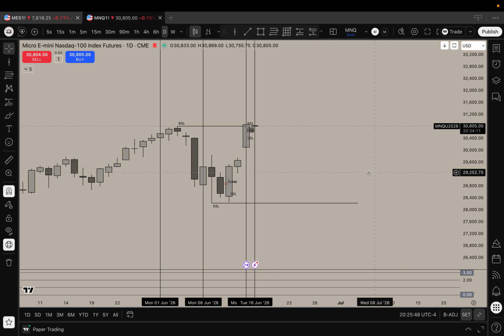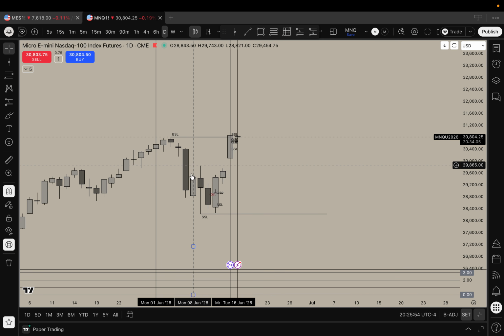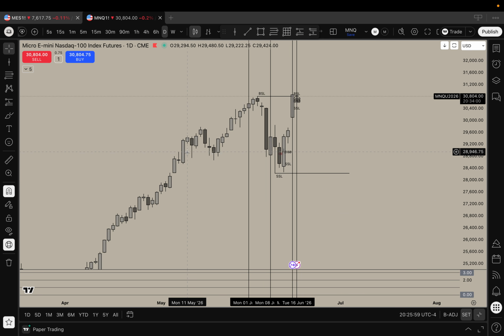What I do want us to look at is starting on the monthly. This is the daily time frame, but we're looking at a monthly XAMD. So we were bullish, completely bullish in here, and then we had X, we accumulated, now we're manipulating this buy side liquidity. If I had to guess, we are going to have a bearish week, and we are going to come down and take out the sell side liquidity, which is the reason it is currently marked out. That is why that's marked out, as you can probably guess.